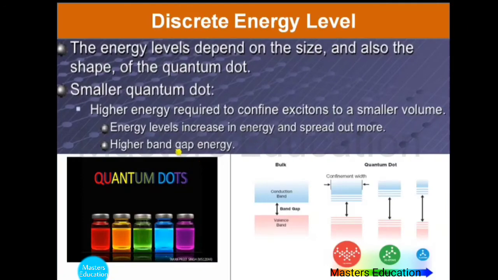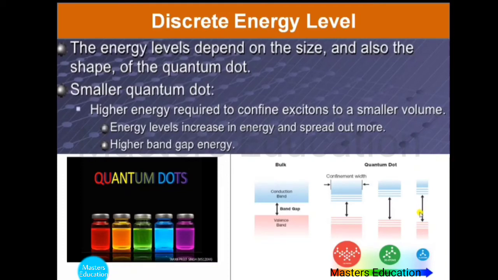Next, if we see the discrete energy levels, we will find that the energy level depends upon the size and shape of the quantum dot. In the figure, we can see that the smaller the size of the quantum dot, the more is the band gap. The larger has a smaller band gap, and the smaller has a larger band gap, and thus more energy is released.